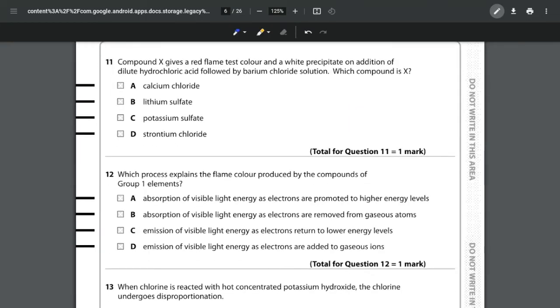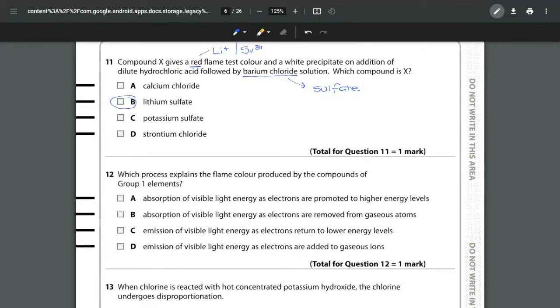For question 11, we're now looking at flame tests and again chemical tests. So compound X gives a red flame test. So that's either going to be a lithium ion or a strontium ion. And it gives a white precipitate on addition of dilute hydrochloric acid, followed by the barium chloride. And the barium chloride test is testing for sulfates. Which one is compound X? So we are looking for that mixture of either lithium sulfate or strontium sulfate, and our only answer therefore could